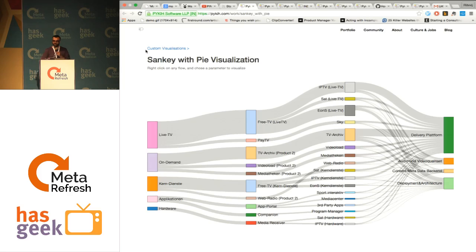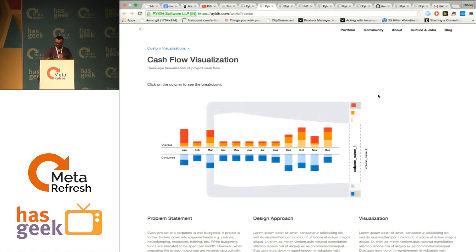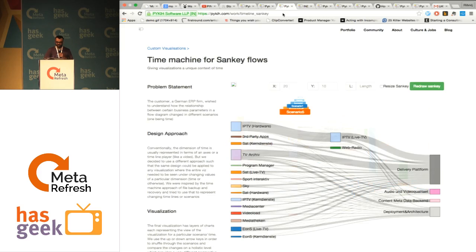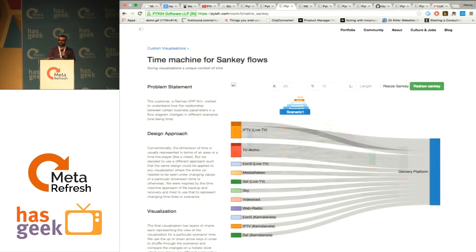Okay. So we essentially do a lot of custom visualizations. Stuff like this, stuff like this. And while we are doing this, we charge our customers a lot of money to build stuff like this. And they kept telling us, hey, why don't you build standard charts for us? And we kept asking them, why do you want us to build standard charts when you already have D3, you